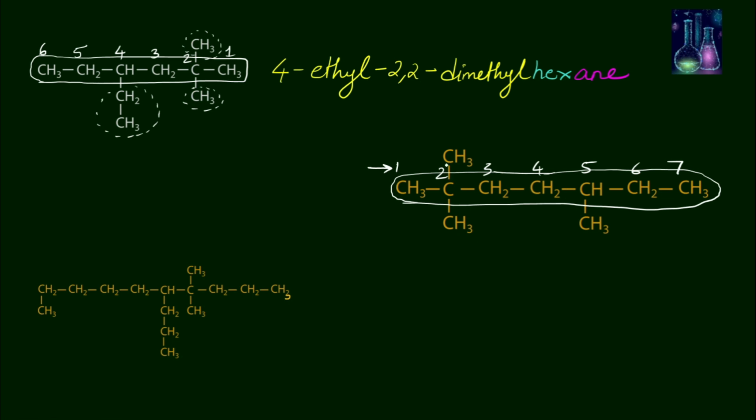Now let's identify the substituents. All are methyl groups. So you have 3 methyl groups, but 2 are at the 2nd position and 1 is at the 5th position. Therefore, the name of the molecule will be